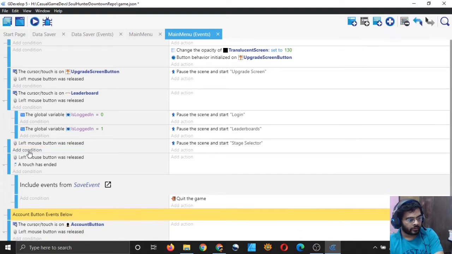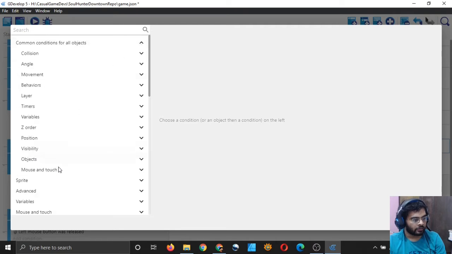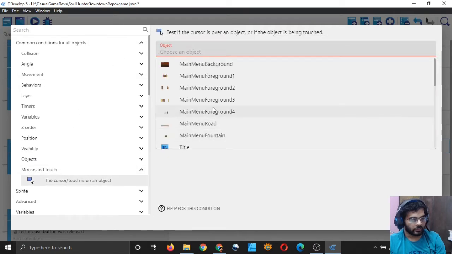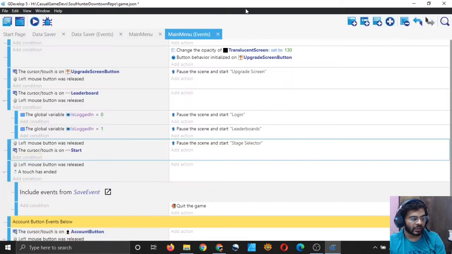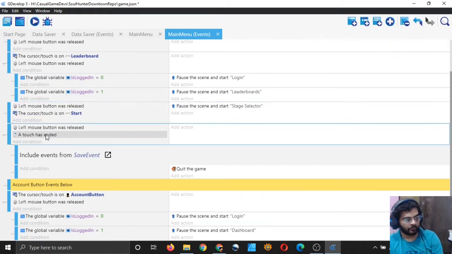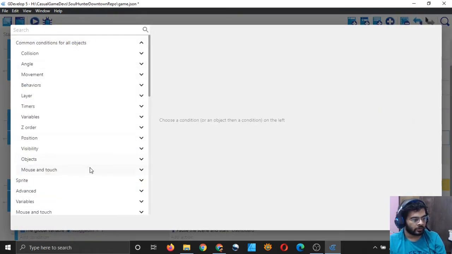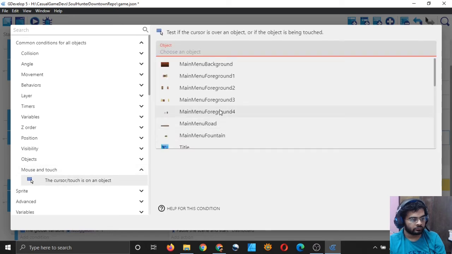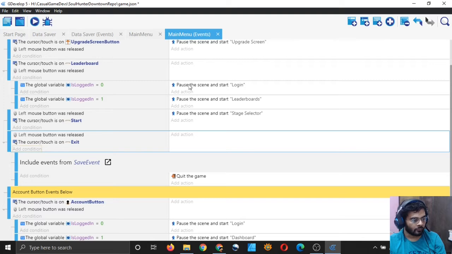For the stage selector, I must actually tell where the touch or cursor is present, and that should be at the start button. And for this one, for quitting the game, the touch should be at the exit button, right? Exit button. Okay, now it's good.